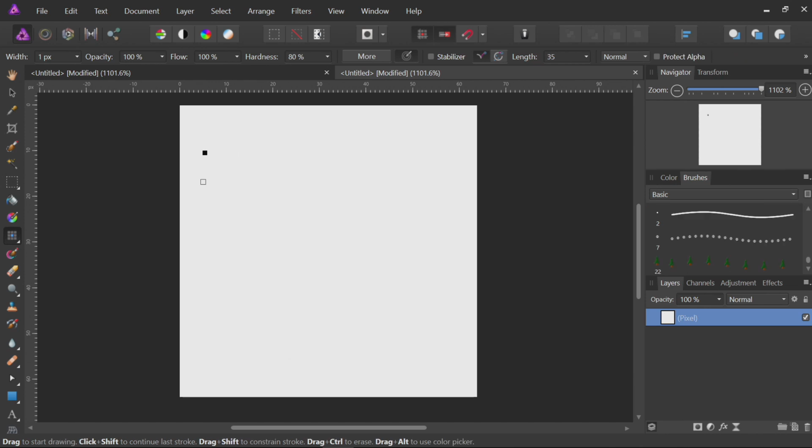Another little bug is when using a pixel brush, changing the size of the brush using the square brackets has some very strange behavior. For example, it's set to width 1. If I draw a pixel, that looks good. If I up the size with one key press, it goes to 1.1 pixels, but this brush is definitely not 1.1 pixels. You'll see if I keep increasing it